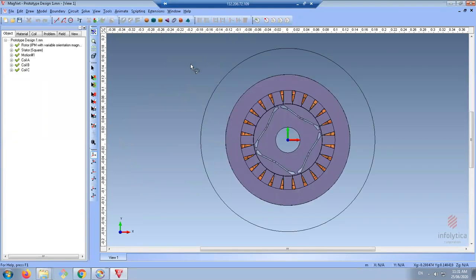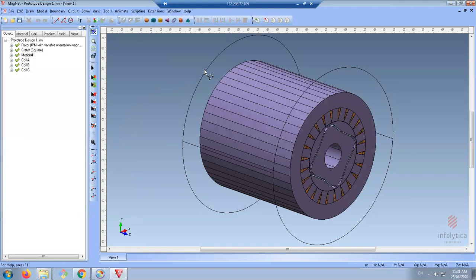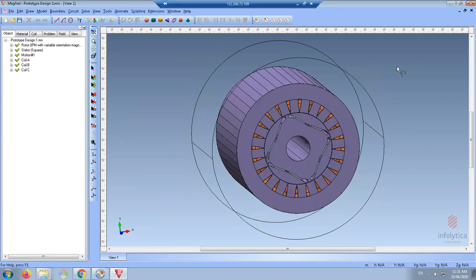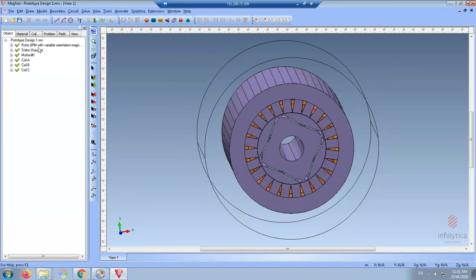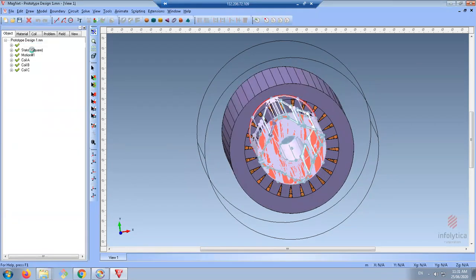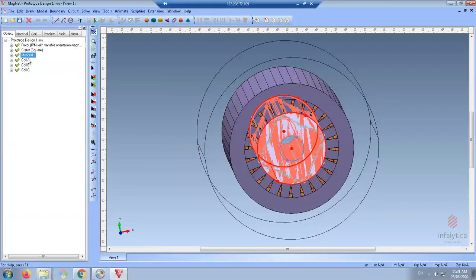This is actually what is running in the background of MotorSolve to give you the results of motion analysis, PWM analysis, DQ, or lumped parameter. This is the same model where you have the rotor components, stator components, motion. In Magnet, you should always assign a motion analysis or motion component,